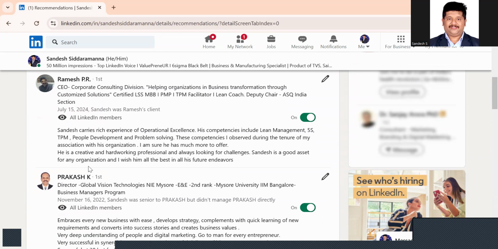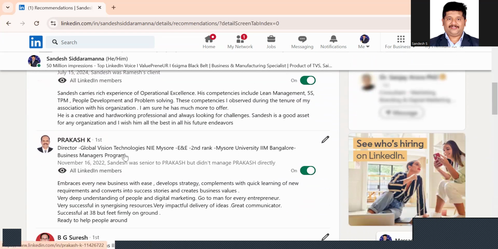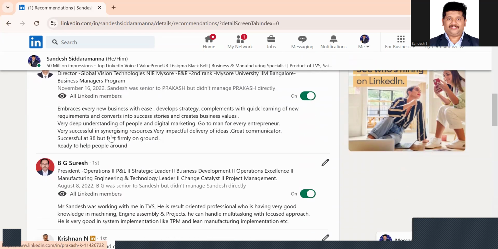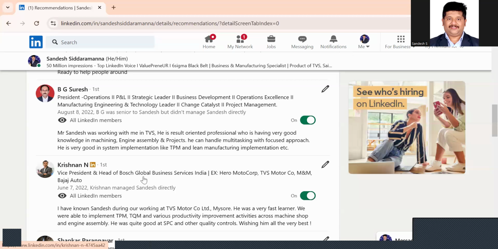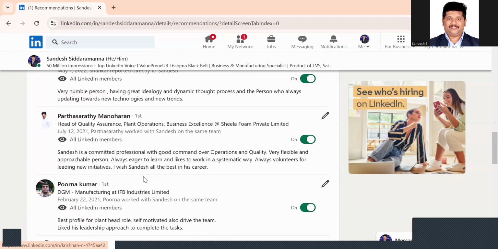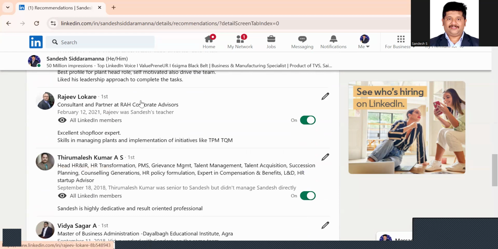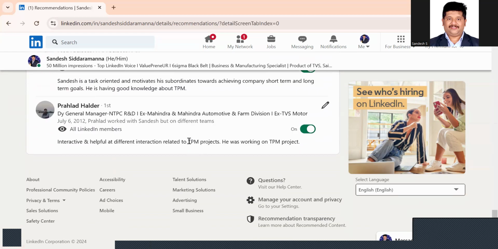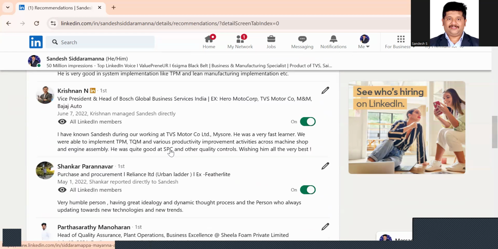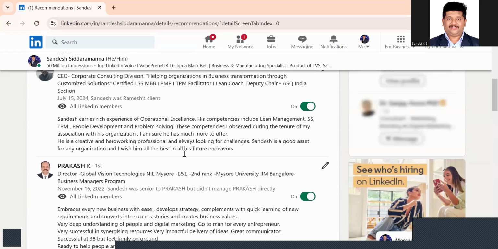So these are the key people. You can see the director of the LCTA, some of the presidents, top people, vice president of Bosch. So different people. He is my first boss in one of my automotive companies, lead HRs, top people. Basically, these are the people who have written about you, who know about you, and they have written a few